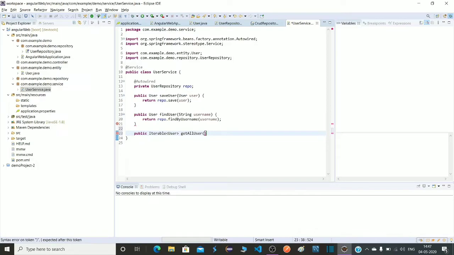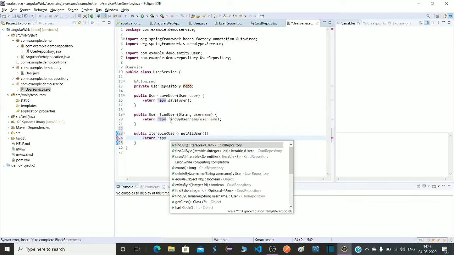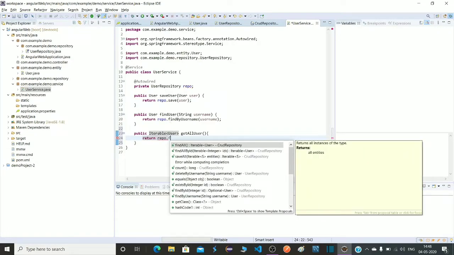I have to pass nothing here, okay, because we are retrieving, not sending anything. So just write return repo dot findAll.